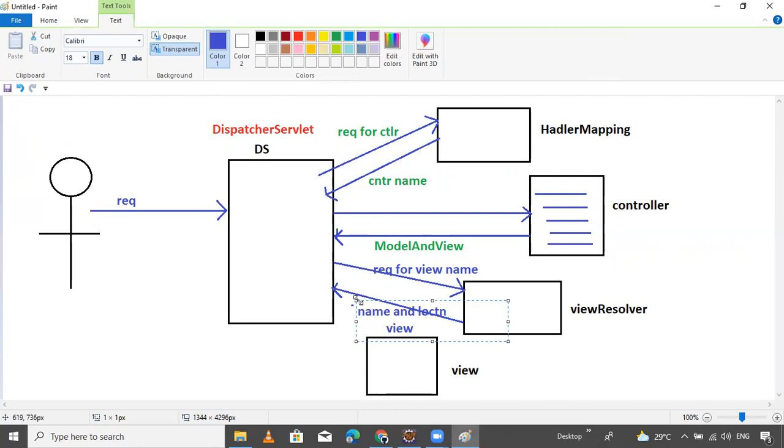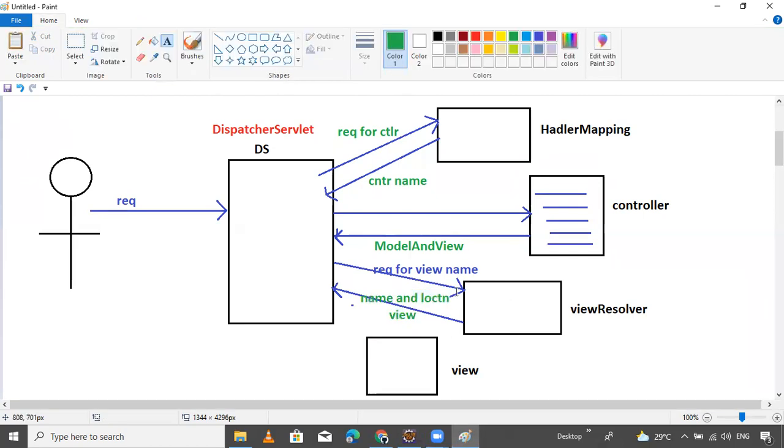It returns the name and location of the view parts. Then, after taking the view name from the view resolver, the dispatcher servlet continues.